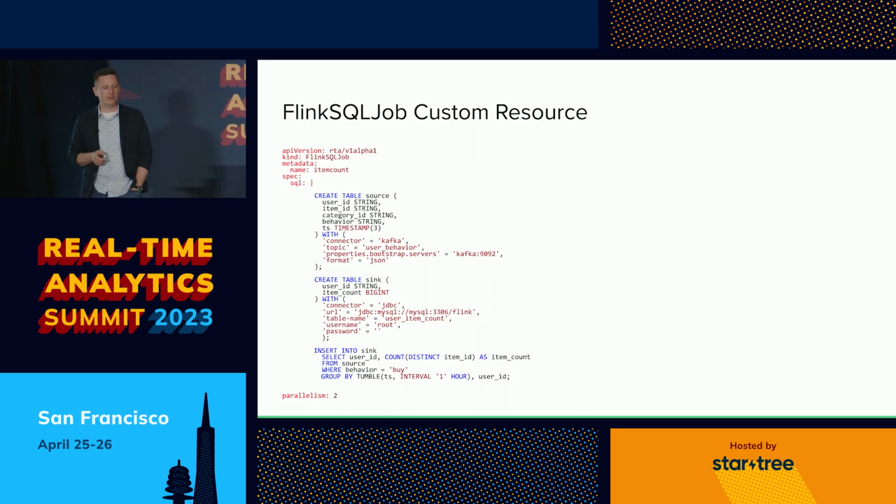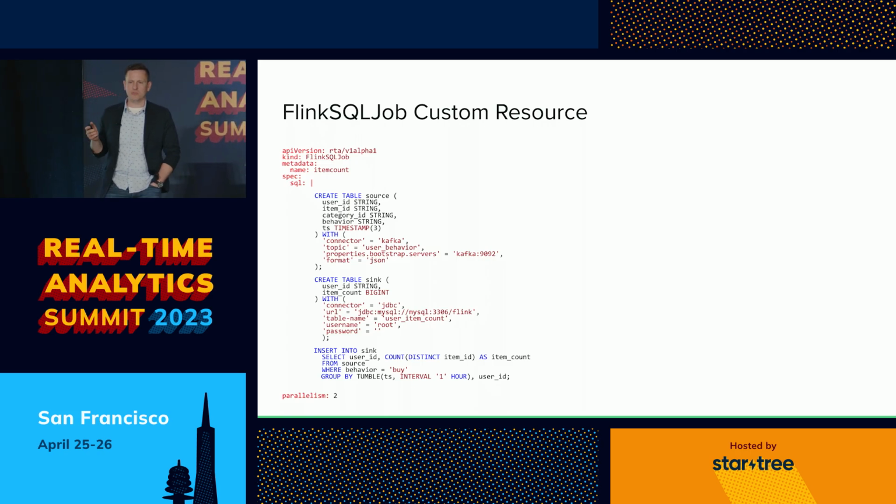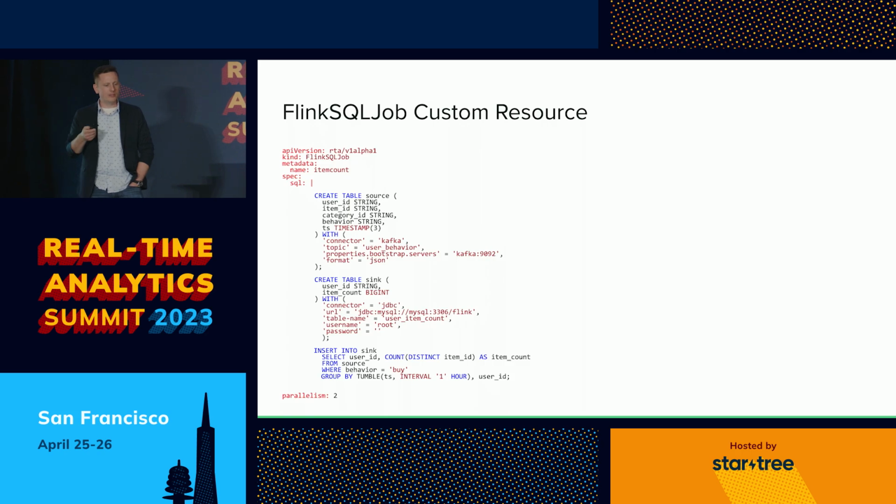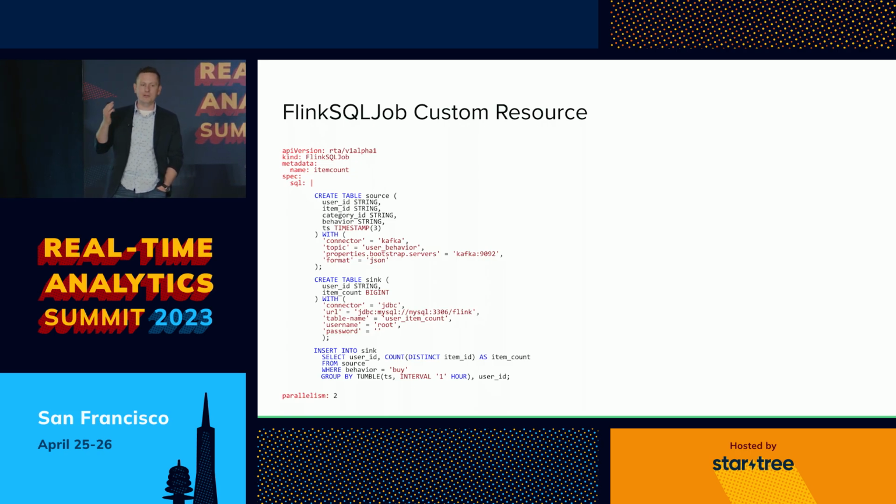So that's what we're going to do. We're going to write our own custom resource definition, which is basically a schema. This is an example of a custom resource that would implement our custom resource definition. I won't show the custom resource definition because it's usually hundreds of lines. But anyway, we'll have a Flink SQL job. I can deploy and configure it in the same way I would deploy a pod or other deployments in the Kubernetes ecosystem.